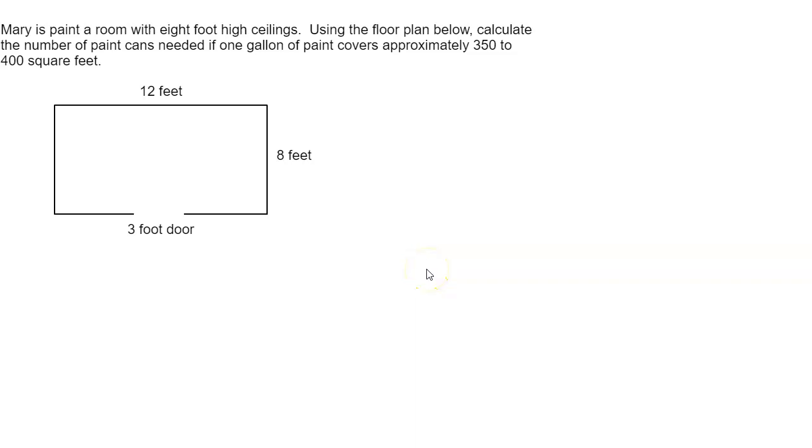Another common use of geometry is when you paint a room in a house. When you paint a room, you want to buy enough gallons of paint so that you cover the entire room and don't have to go back to the store. But you also don't want to buy too many, because then you have extra cans of paint that you don't need. So Mary is painting a room, sorry about the typo there,